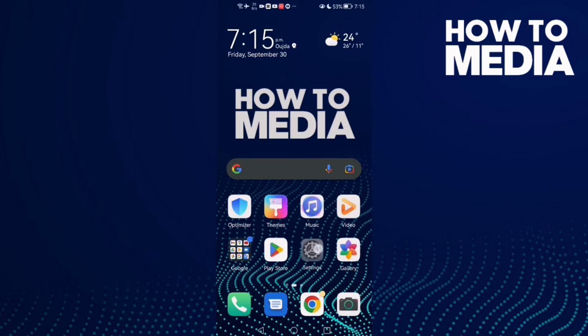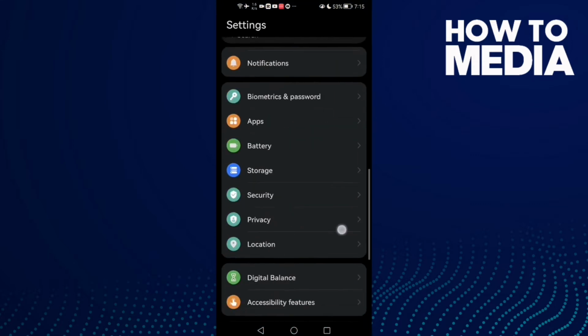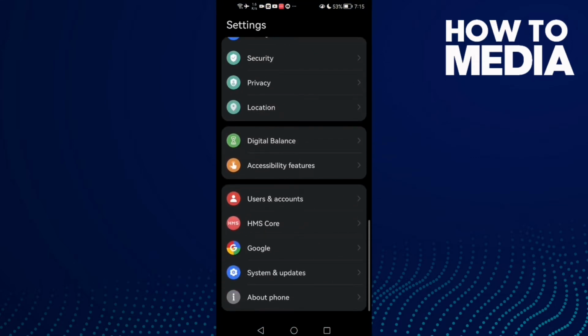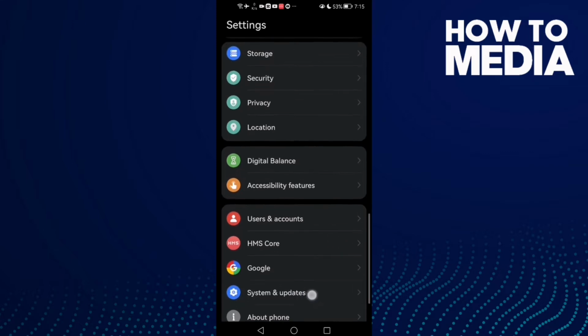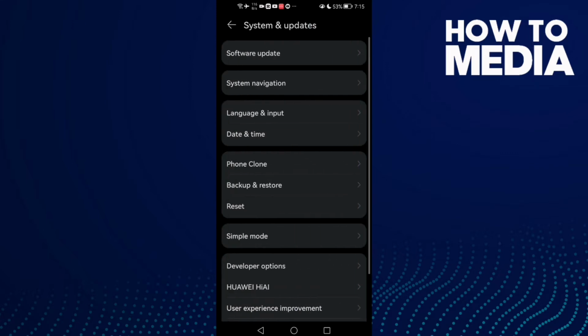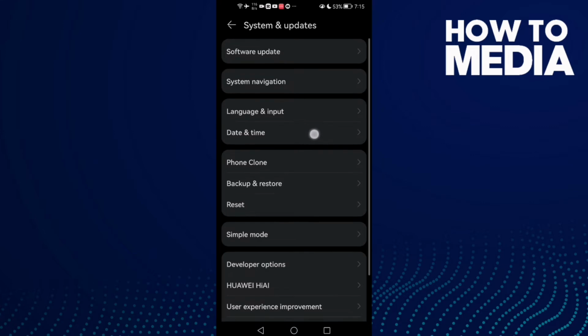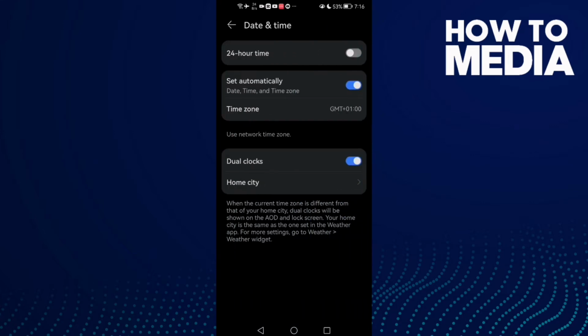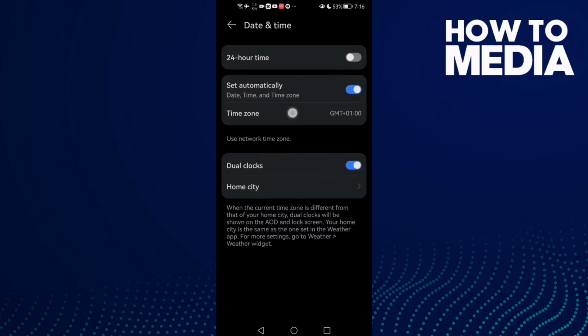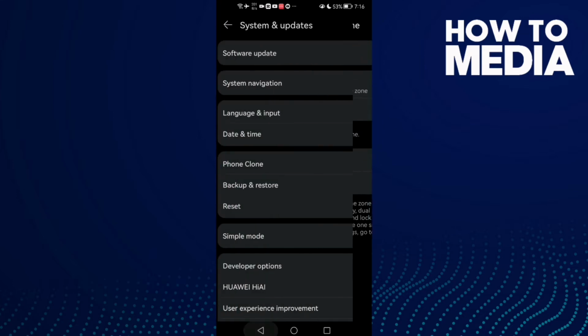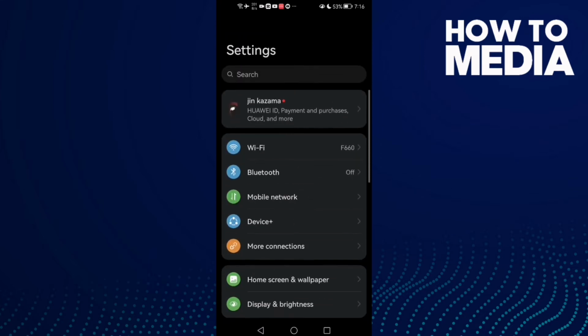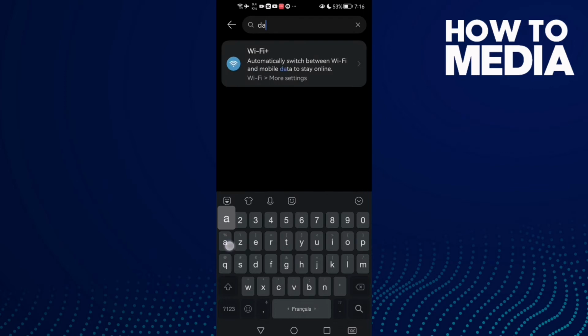First, open settings and then just click this one, system and updates, and here you will find date and time. Click on it and here you can manage it, here you can change it, or you can just type here date